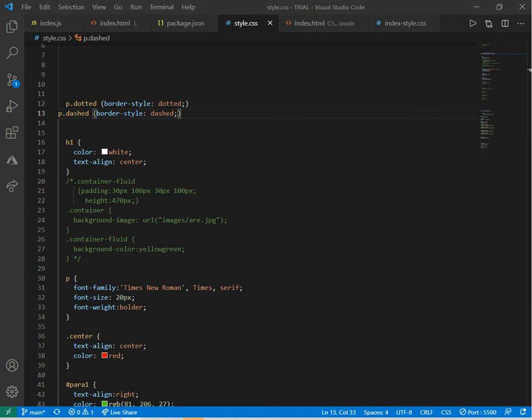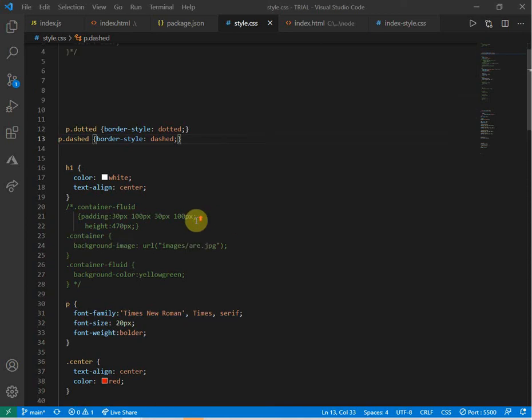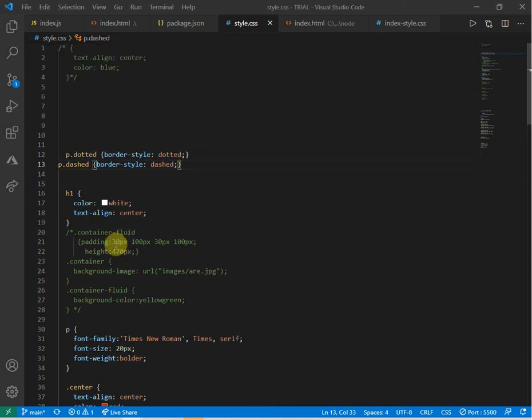Next thing is that we have padding. I hope you all got what I was talking about in the box model. When we talked about the box model, we discussed the padding. I already showed you padding here, like how you can specify the padding, like 30, 100, 30, 100. So you must be wondering, sometimes we use px, sometimes we use rem, sometimes we use em. So what is that? I shared a link before with you in which you can just see what kind of